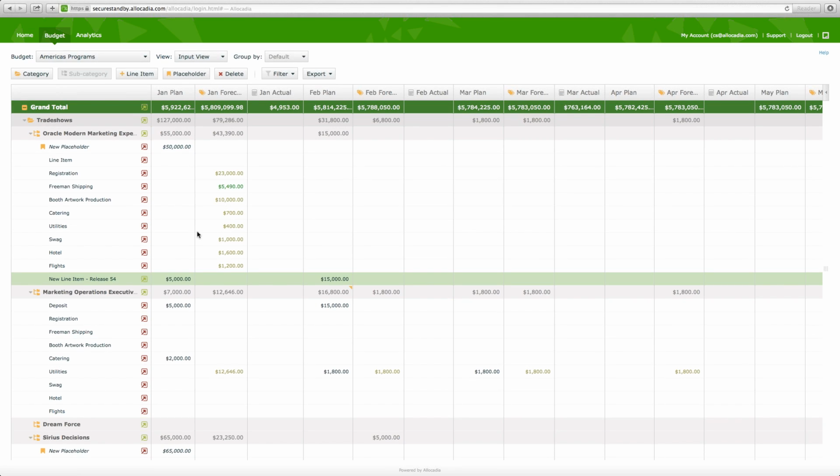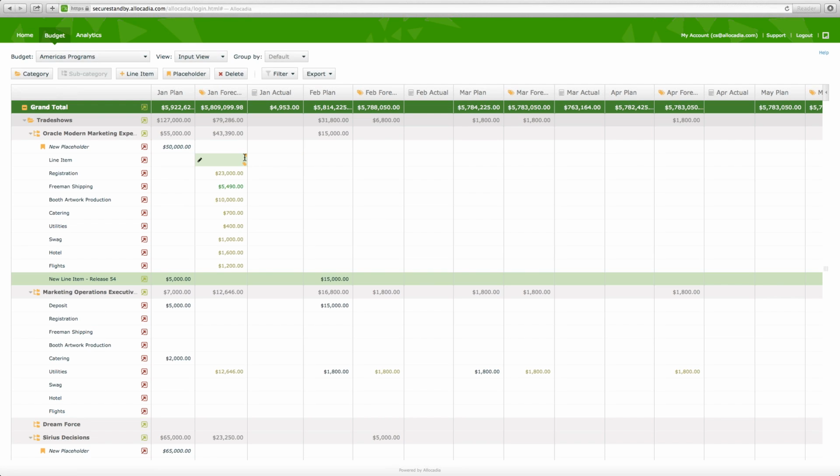We have updated icons on the grid as well. So the icons throughout the grid are much more intuitive now. As an example, the tag icon actually looks like a tag. When you hover over the cells, you'll actually see the icons that are related to that specific cell type. So we're looking at forecast, we have an edit icon, we have the tag icon, and we also have the